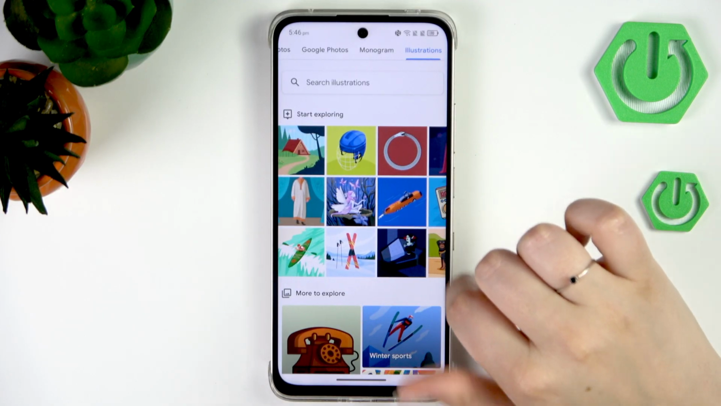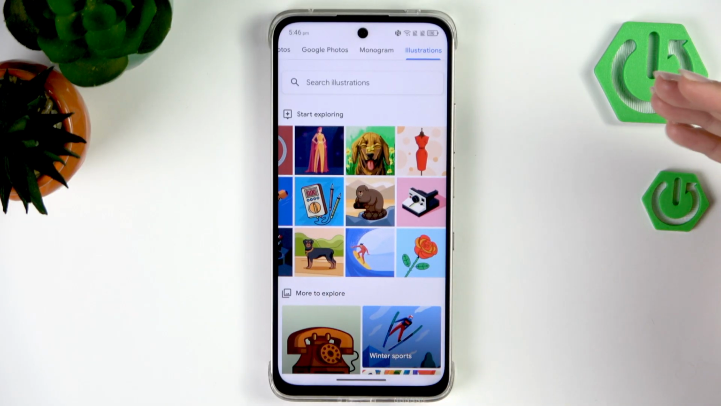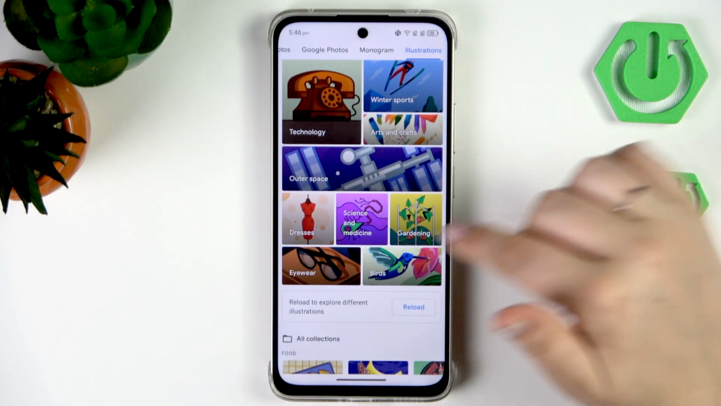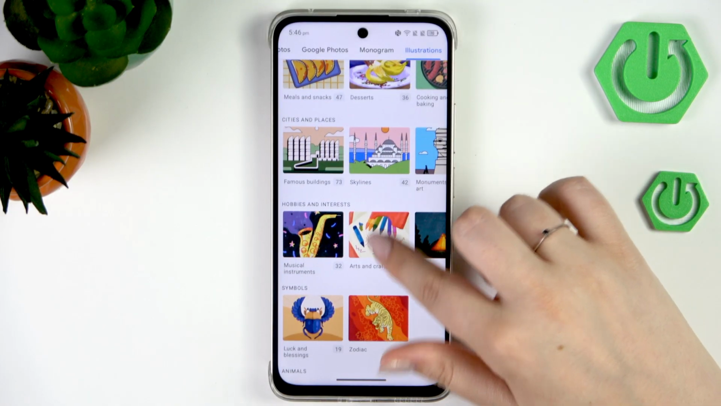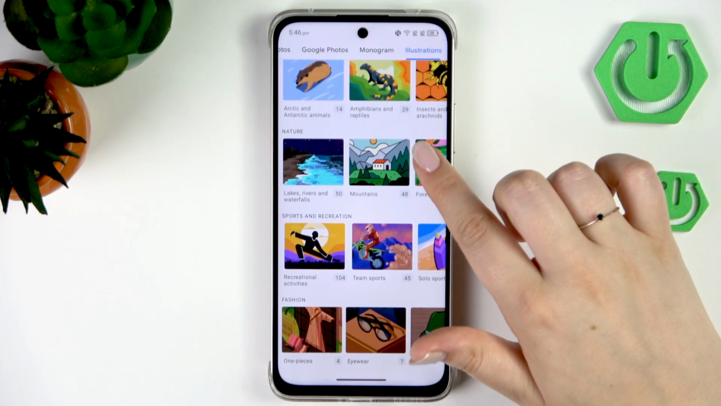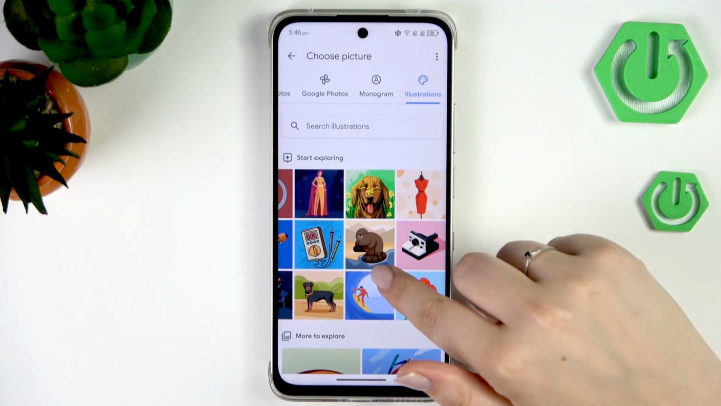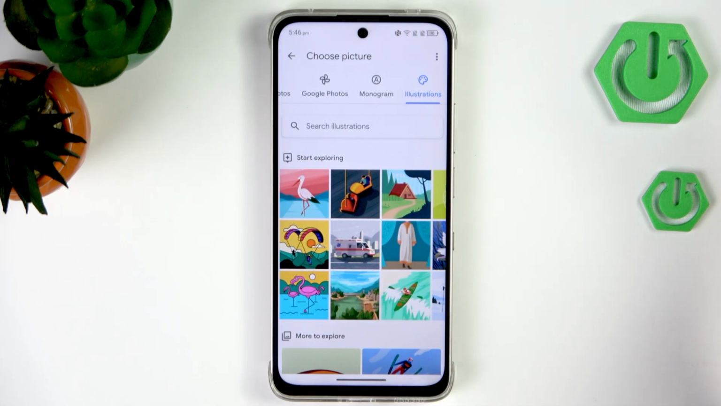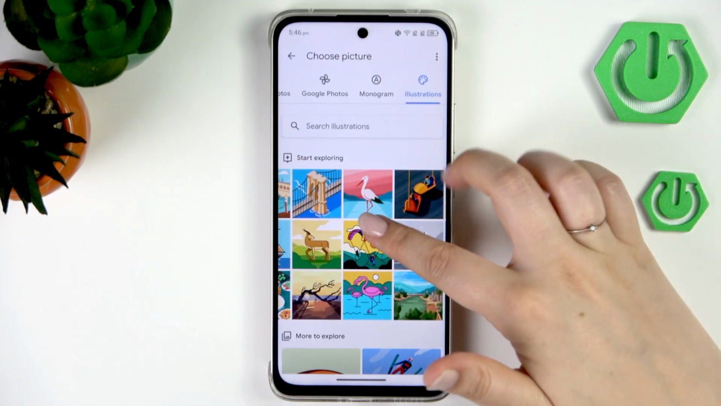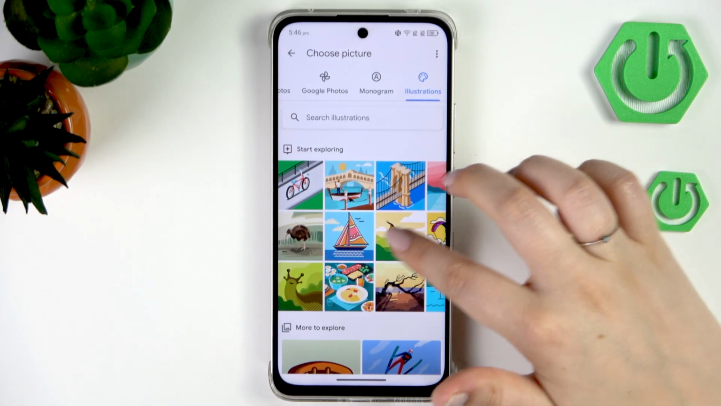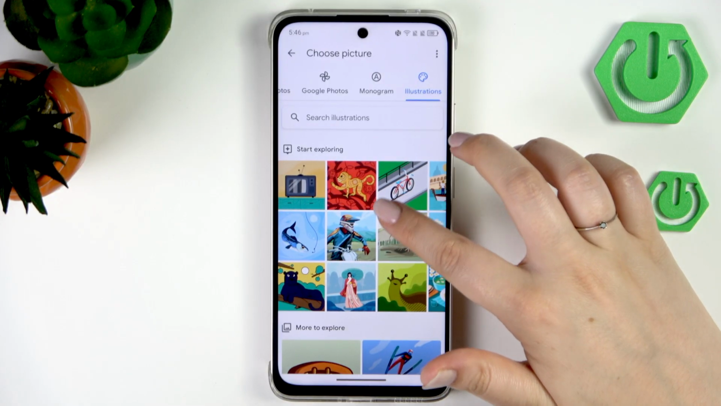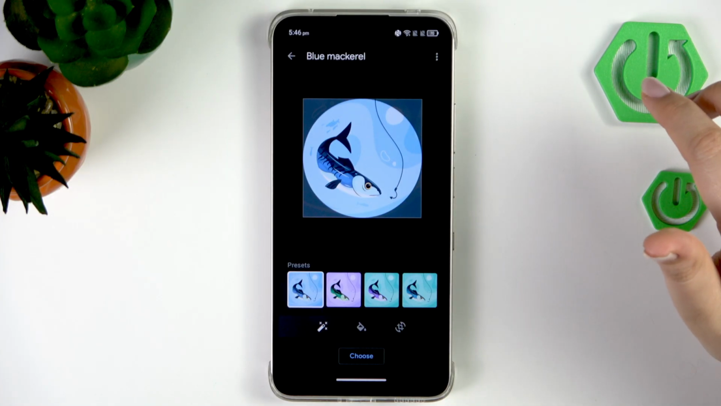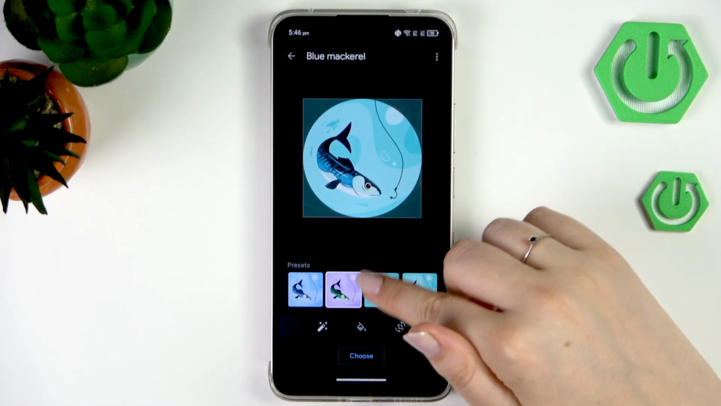So if you don't feel like using monogram, if you don't really have a photo of the person whose contact you'd like to customize, you can try to find something here. Maybe something that resembles you about this person again, or I don't know, something that you like, basically. That's all of the criteria. Let me choose maybe this blue mackerel. And after choosing, you can set different